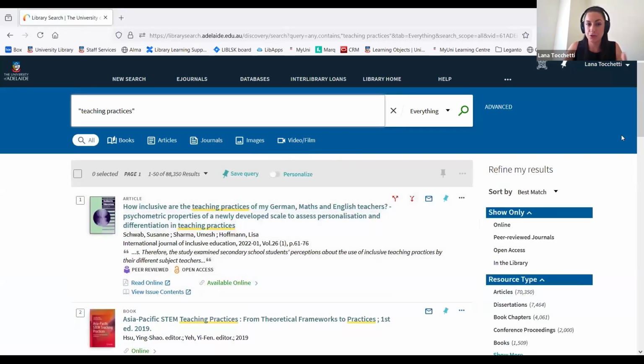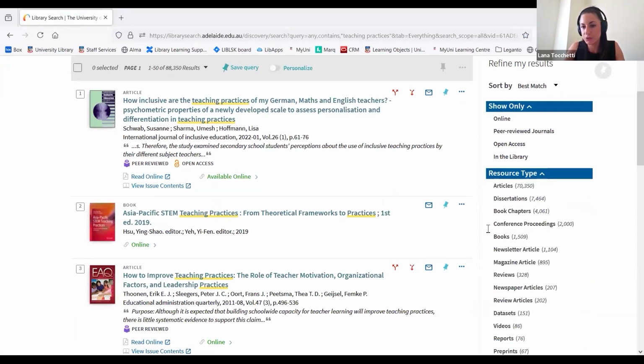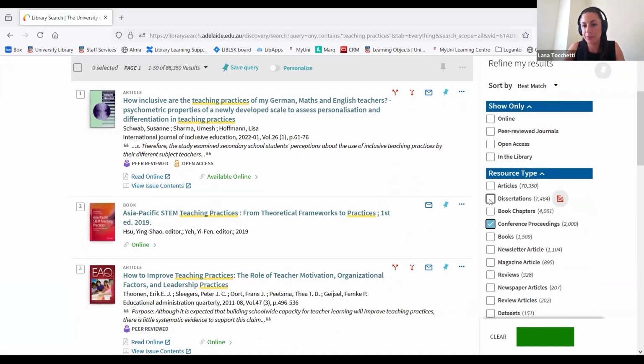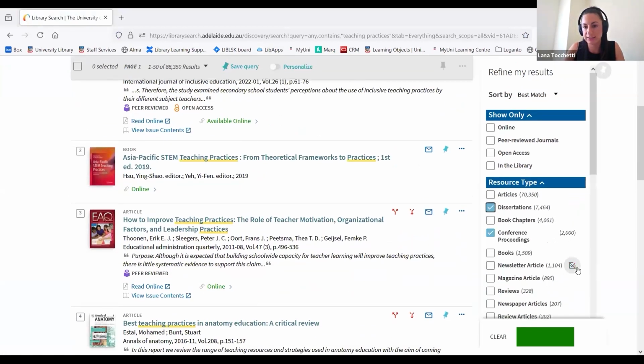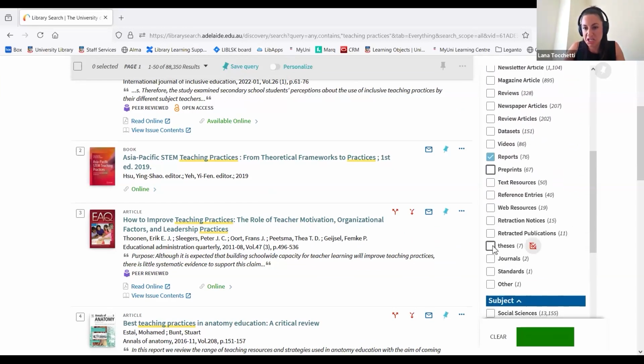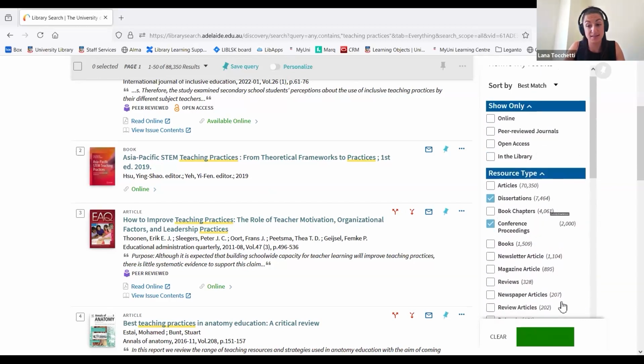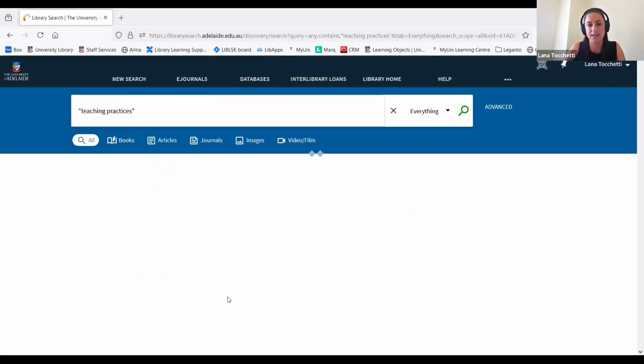Okay, and then to find specifically grey literature, all you would need to do is head to resource type. You can click on show more, and then you'll start selecting things that are grey literature. So dissertations, conference proceedings, reports, theses, standards. So you can select in there. That's another way that you can have a look and see if we've got any grey literature in